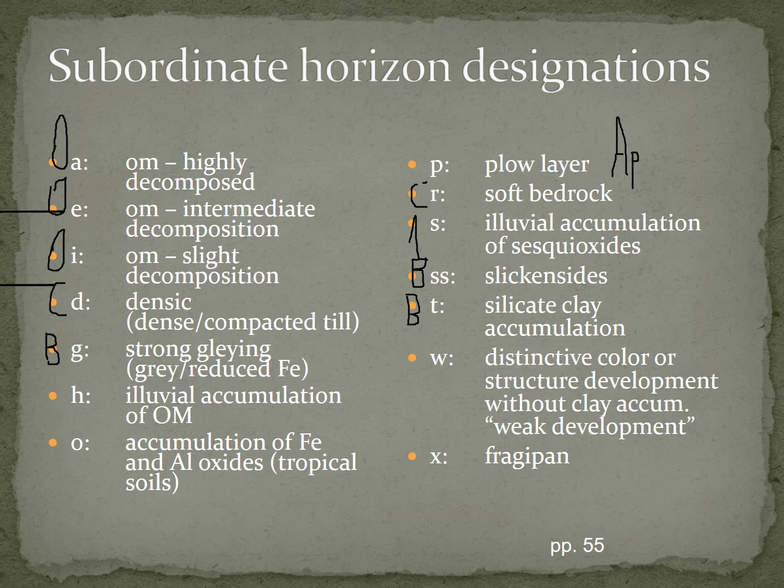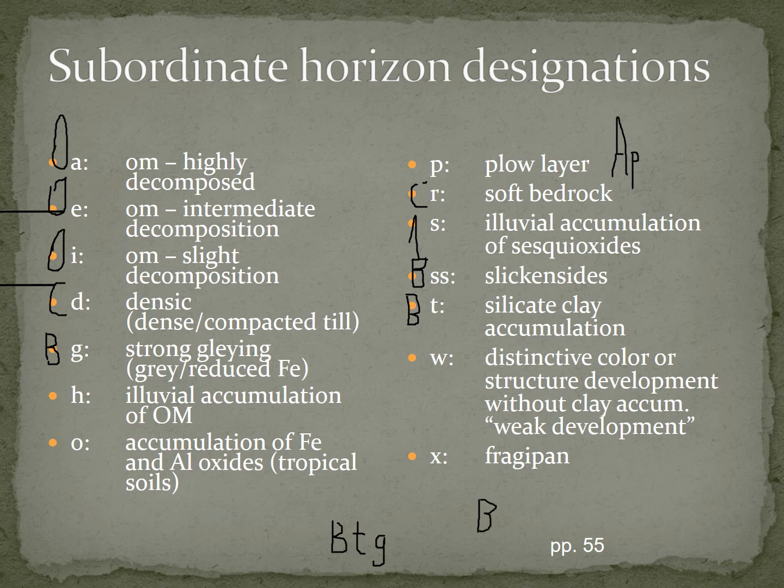You can also combine some of these horizons. We could have a capital B, hold on, this is going to be rough, stick with me. You can have a capital B horizon where we're accumulating something in the subsurface. And that thing that we're accumulating is clay, so we're going to put a lowercase t. But we also notice that that clay is really gray in color, so we're going to add a little g to indicate that it is gleyed. All right, so a BTG horizon, and it must be written in this order, the T always comes first, would be a horizon where we have clay accumulation and strong gleying.